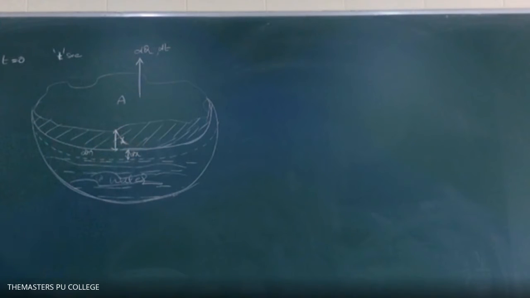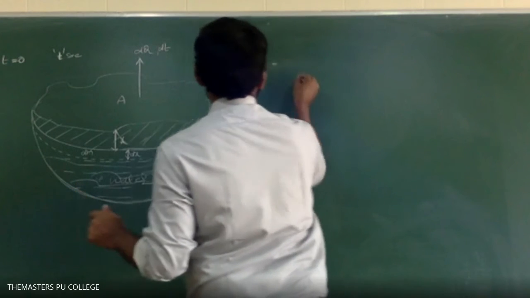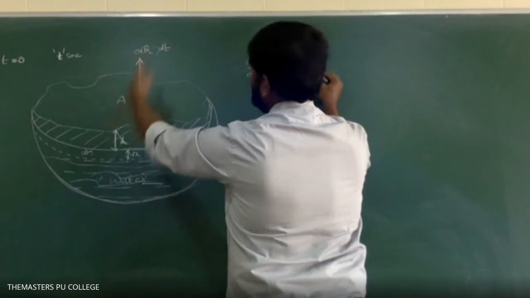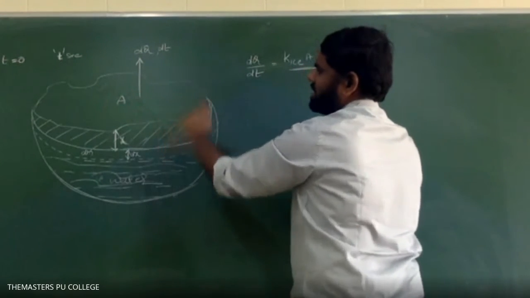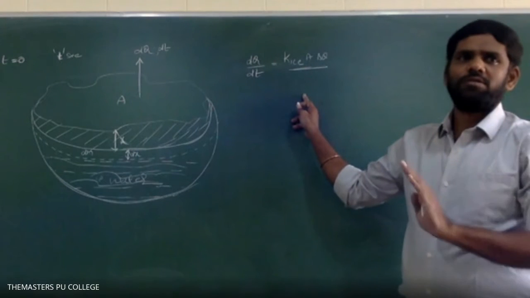So from this relation, what can I write? Generally, the rate of heat flow dq upon dt equals K A delta theta divided by L, where L is the distance between the 2 points which are at temperature difference delta theta. So from this relation, dq by dt equals K of ice. The area of the lake is A, and let the temperature difference be delta theta. Then in place of L, what should I write here? dx. That's what we focus on here.